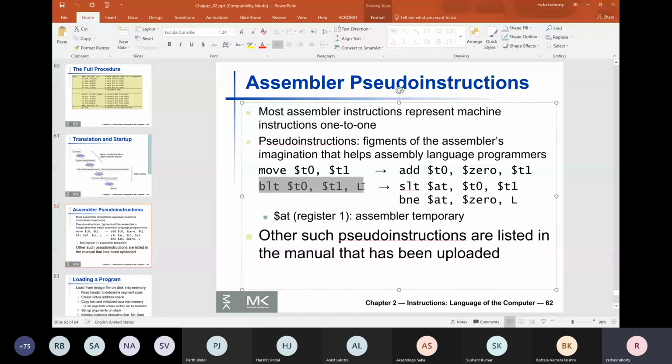In fact, if you write programs using pseudo instructions and load them into SPIM, you will find that when that program has been stored, I mean, the memory encoding is shown, it will be shown with the actual instructions. For example, if you have written some move